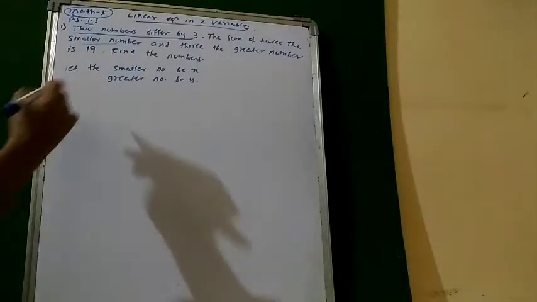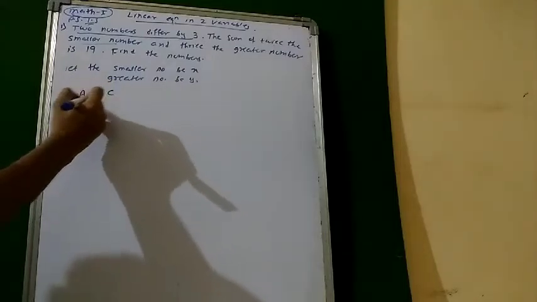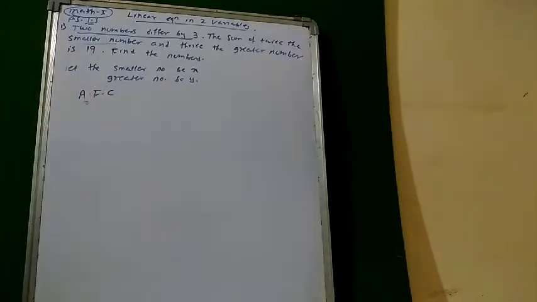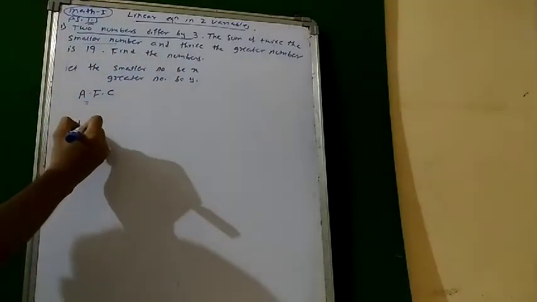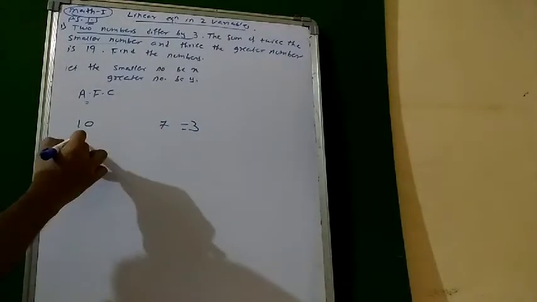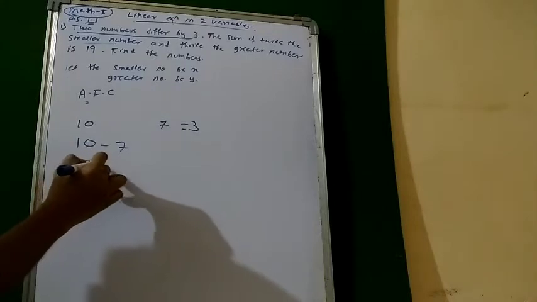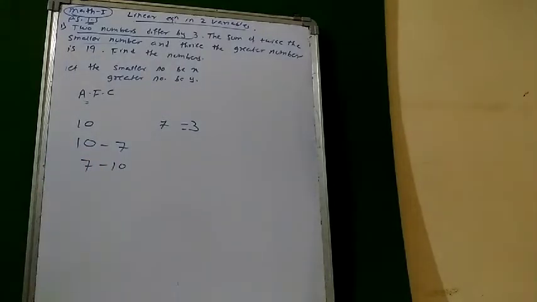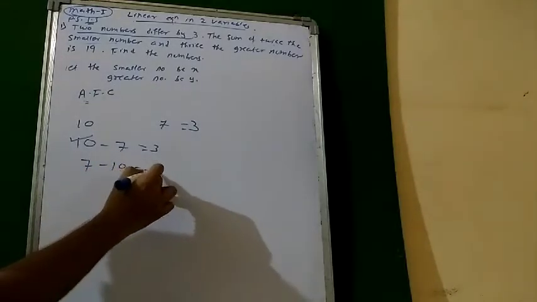The very first line, according to the first condition. Okay. What is given? Two numbers differ by 3. Okay, pay attention. If there are two numbers, 10 and say 7, and I need to write the difference as 3, how will I write? I'll write 10 minus 7 or 7 minus 10. What would be the correct answer? It would be 10 minus 7, because 10 minus 7 will give me 3 and 7 minus 10 will not give me 3. It will give me minus 3.